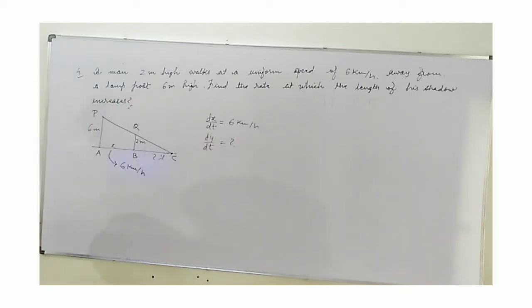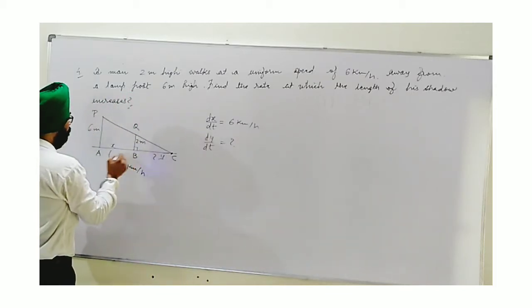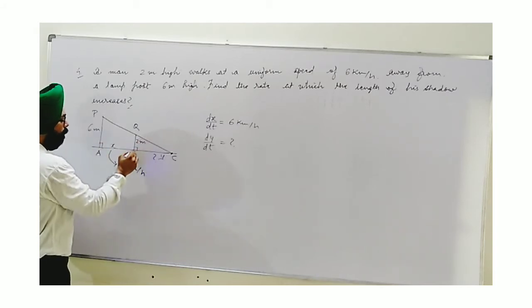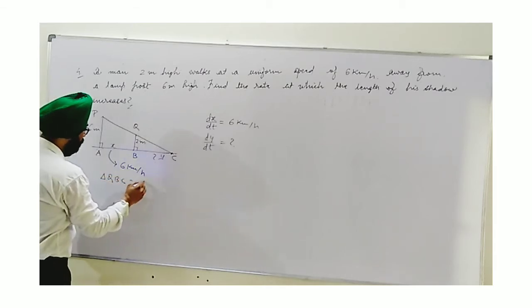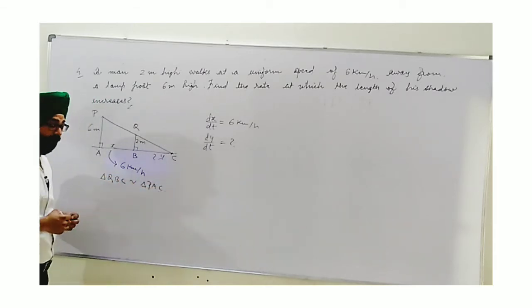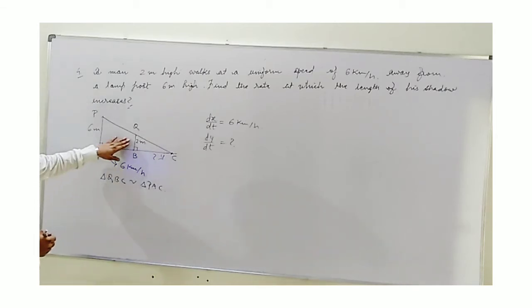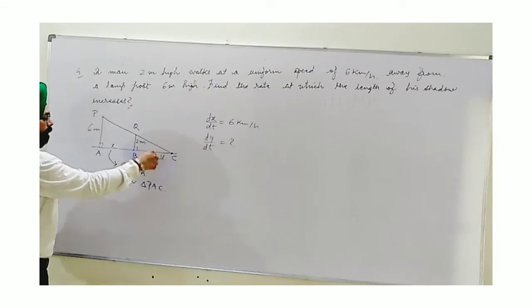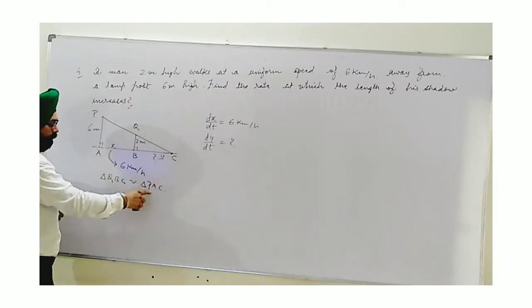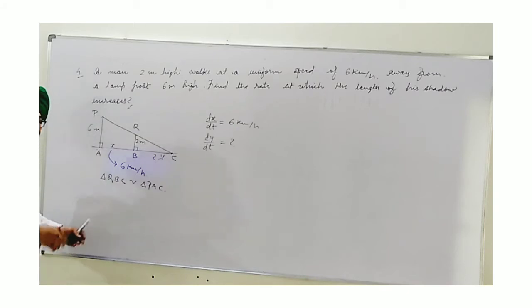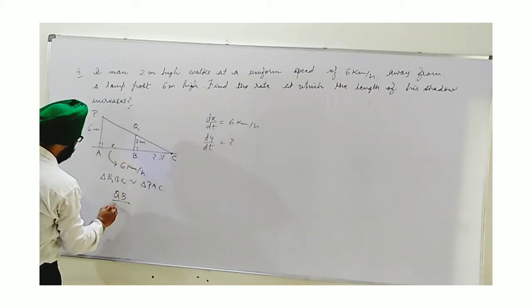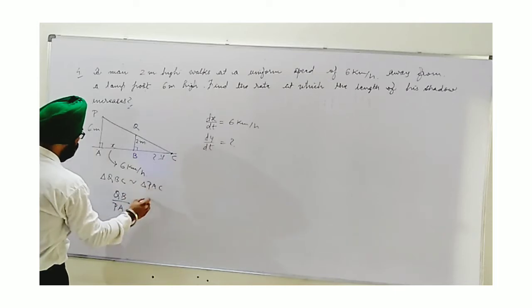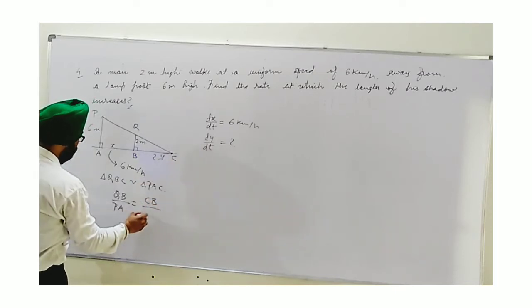Now, by the concept of similar triangles, you can see QBC is similar to PAC. Triangle QBC is similar to triangle PAC, a concept from 10th standard. You can see C is common, 90 to 90 equal. That's why by AA similarity these two are similar. This is just for your knowledge. So directly you can say corresponding sides are proportional. Corresponding sides are QB upon PA, equal to CB upon CA.